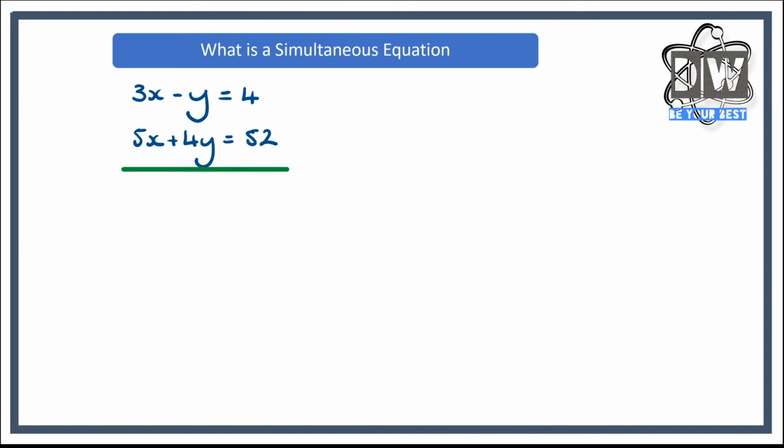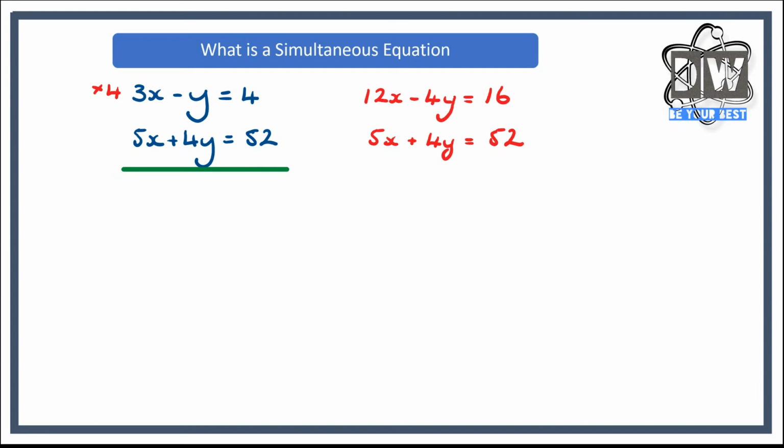If I do that to the y, I must do that to the whole top equation. So I'm going to times that whole top equation by 4, and if I did that, it'd be 4 times 3x would give me 12x. 4 by minus y would give me minus 4y, and 4 by 4 would give me 16. So now I've got an equation that's still balanced. Remember, I can do that to any equation as long as I do it to the whole equation, because it will still remain balanced. Then all I need to do is draw my equation